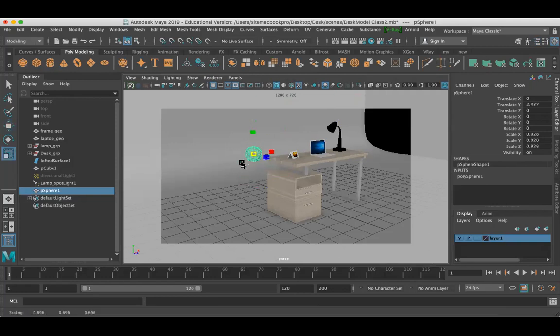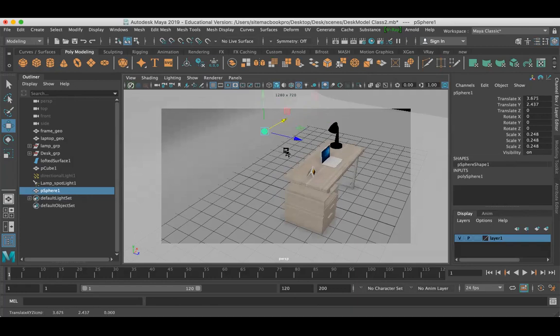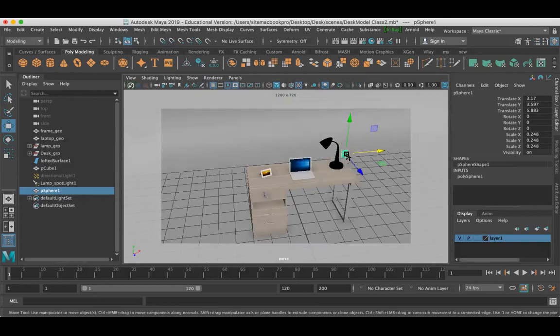So just scale down. I made it a little bit smaller, and I want to move it along. Guys, don't select the light from here.